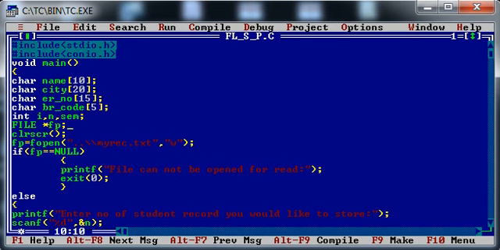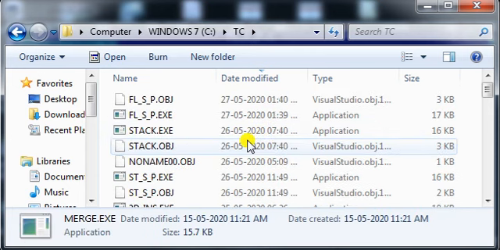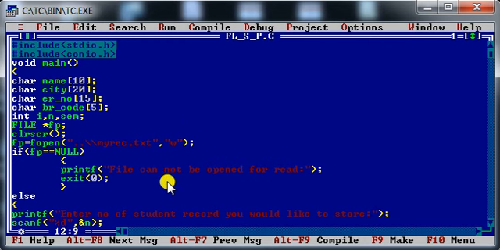As you can see right now, I have taken one file pointer, pointer fp, which I will use for reading and writing operations. Okay, now I'm opening a file. fp is equal to fopen("myrec.txt", "w"). As you can see right now, there is no myrec file over here. Whatever file will be created, will be created at this location. Fine. If that file is not available, then it will create a new file for me.